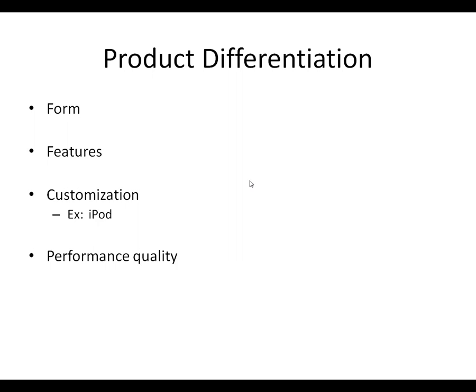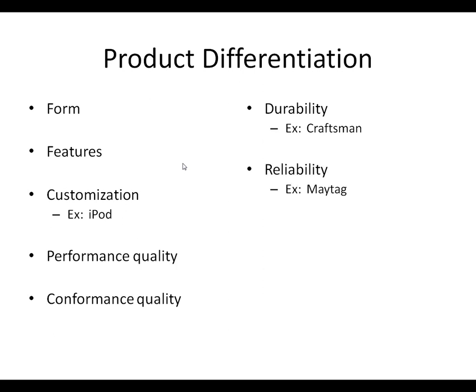Performance quality: different products at different levels of quality. You may be saying, well, what's the deal? Why would some people want a lower performance quality? Well, some people just do. Maybe it has to do with affordability, for example. Conformance quality, same thing. We can differentiate ourselves in how we meet the wants and needs of the consumer. Durability: how long does it last? Craftsman Tools differentiated themselves on lifetime warranties. I believe a lot of the other tool companies now match that, but at one point that was a key differentiation variable for them. Reliability: it never has to be fixed. Maytag Repairman, good example. Can it be repaired?